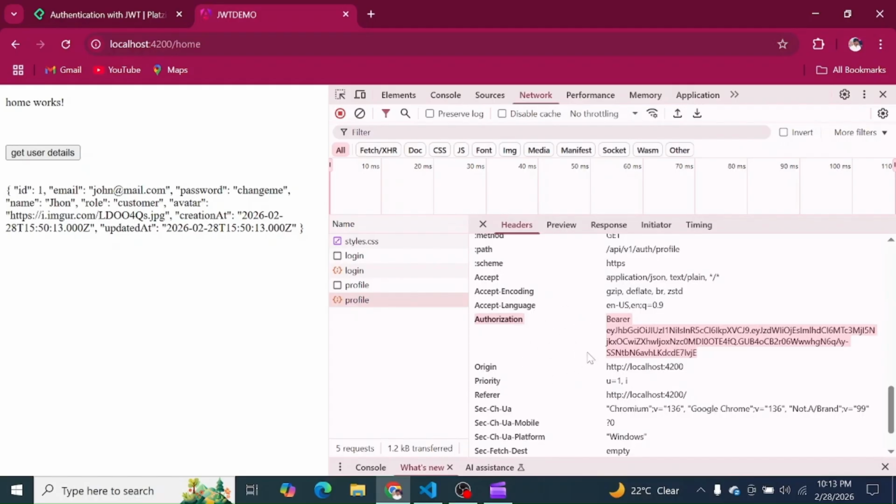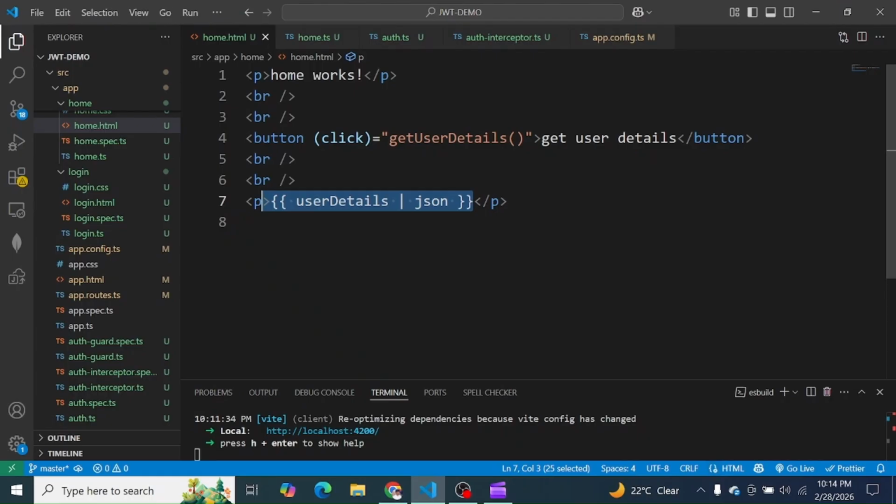This confirms that before the HTTP request leaves our application, it passes through the interceptor. The interceptor will add our token into the header. In this way, the interceptor does its job to add the JWT token to the outgoing